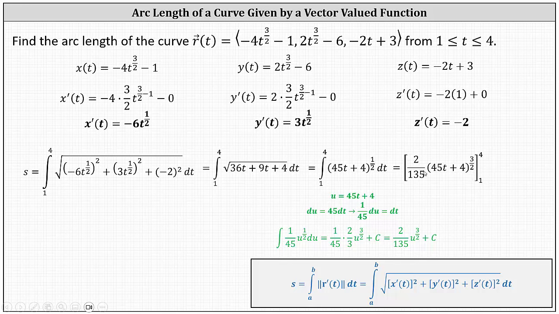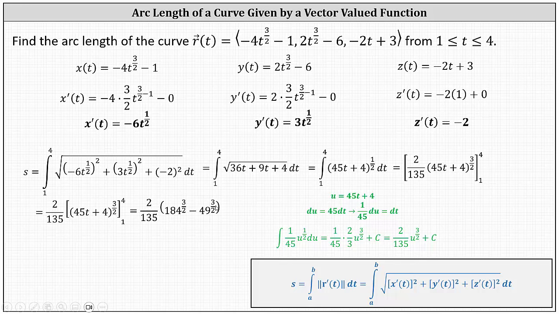For the next step, let's go ahead and factor out the 2 divided by 135. And now we perform the substitution. When t equals 4, we have 45 times 4 plus 4 to the power of 3 halves, which is 184 to the 3 halves. And then when t is 1, we have 49 to the 3 halves. This gives us 2 divided by 135 times the difference of 184 to the 3 halves and 49 to the